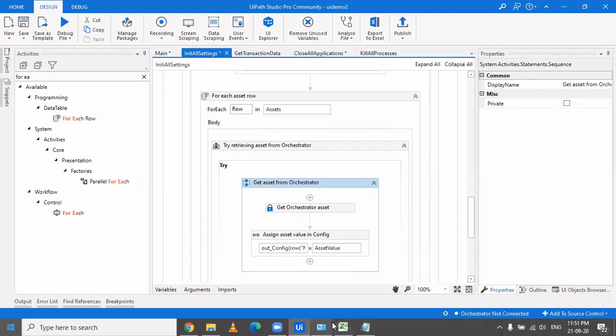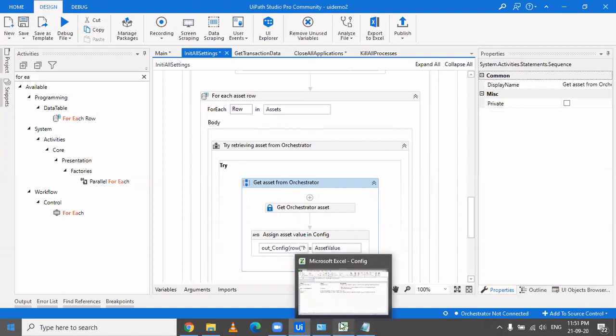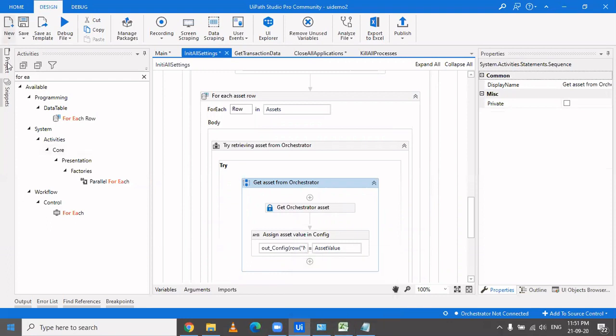If you're following the template they have given, then you only store assets in it. But if you're storing credentials also in it, then accordingly you'll have to specify it here. Let's suppose you're storing two types of credentials, an SAP credential or any other credential. When you log into any application, you have Init All Applications here. Suppose your process involves SAP and you are storing the SAP credential in Orchestrator. You can store it in any of the sheets.